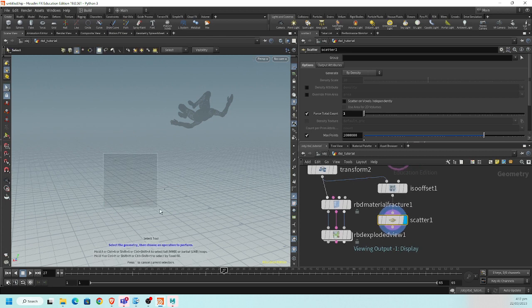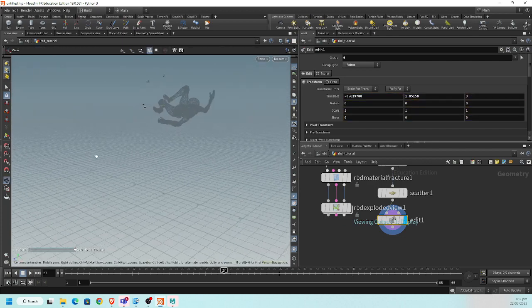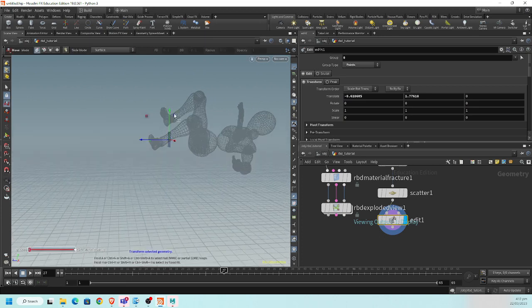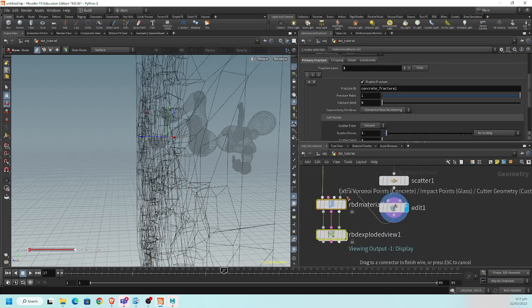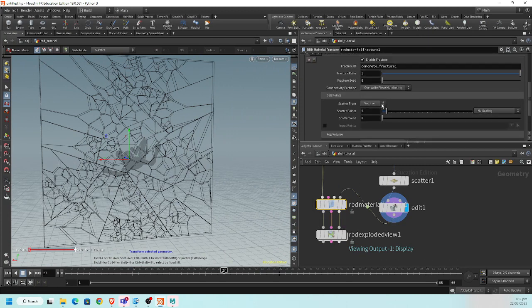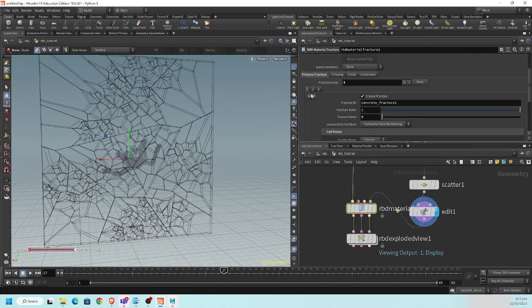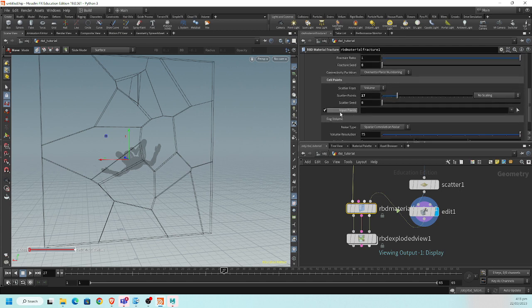I'm going to grab that, go to the points, and then use the move tool and move it to where she kicks, basically. Here is where our superhero is kicking on the wall. And I feed this Voronoi point to my RBD fracture. And then in the RBD fracture, I say don't use these 5 points, just use my input points. And suddenly you see that if I go back and delete my RBD layers, if I delete all of these layers, and use input points instead,